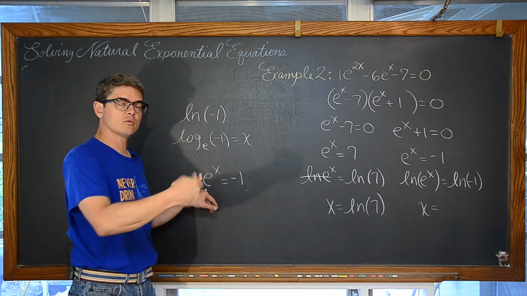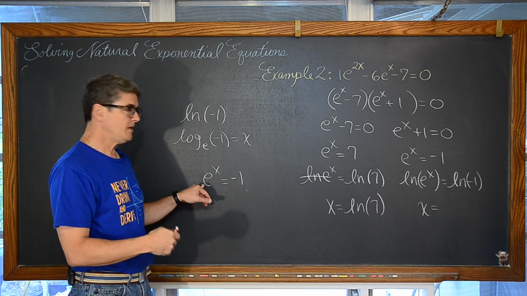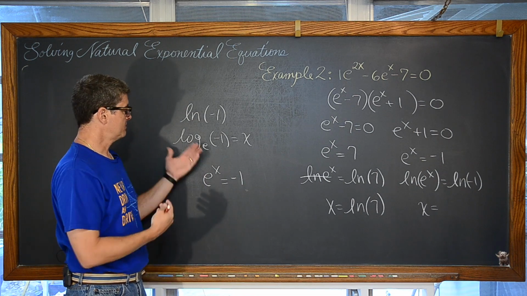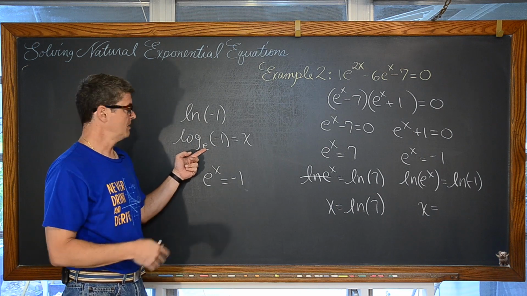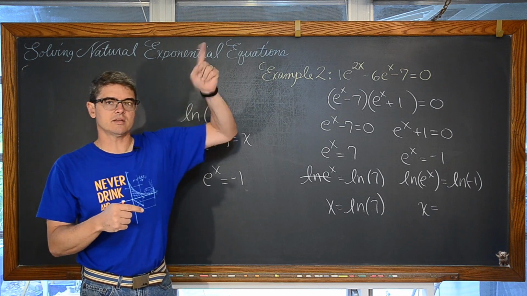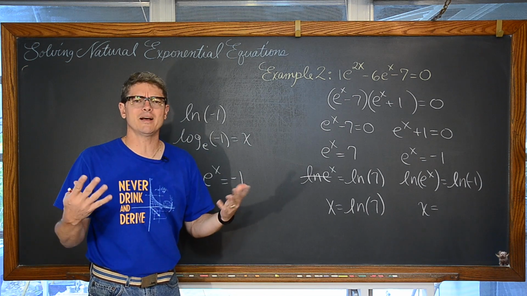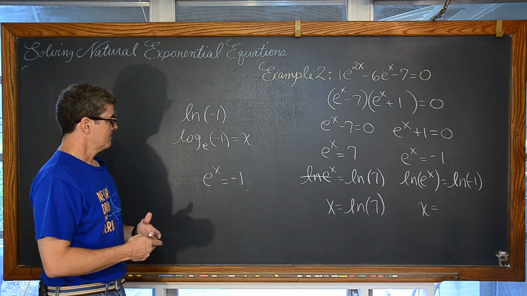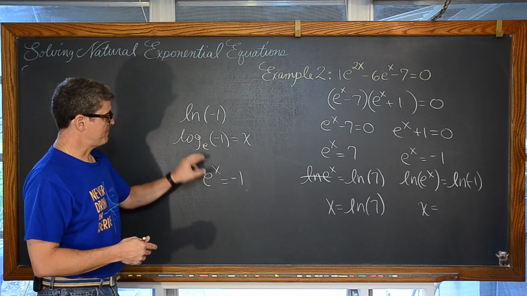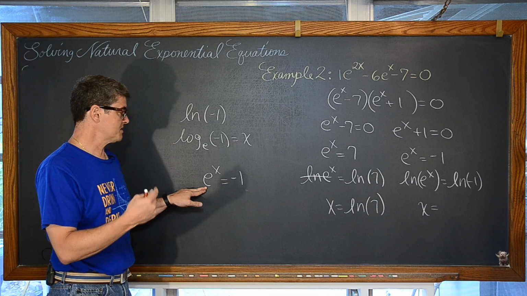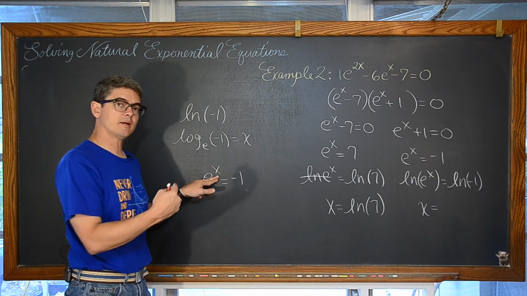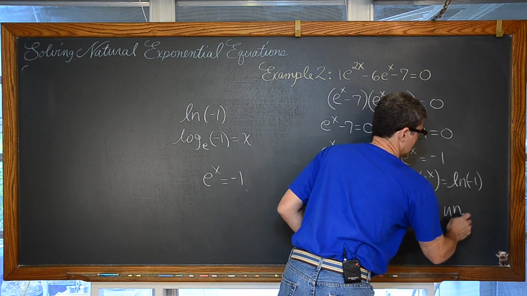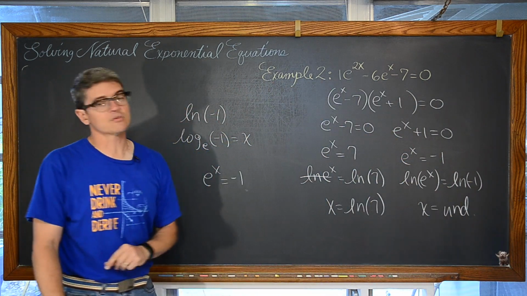Exponents are just how many times you repeatedly multiply by that base. e is approximately 2.718. It's a positive number, and with logarithms, those bases always have to be positive. Otherwise, you get a graph that just oscillates; you've never graphed an exponential function with a negative base. It just doesn't work. There's lots of ways of explaining that. So that base always has to be positive, and you're never going to take a positive number, repeatedly multiply it by itself, and get a negative answer. So this is undefined, and that is the end of our second example.